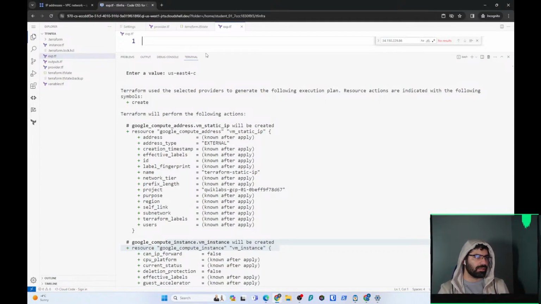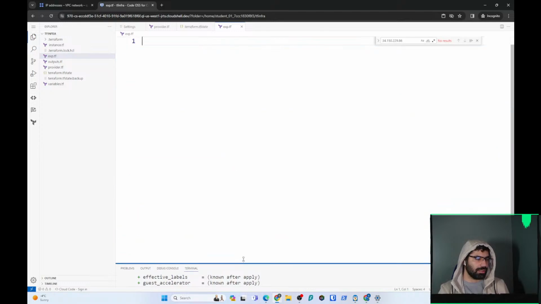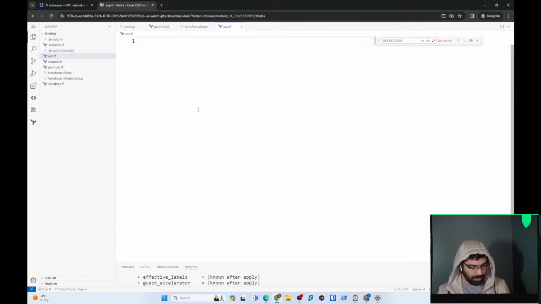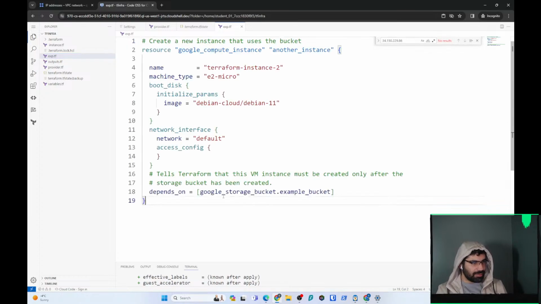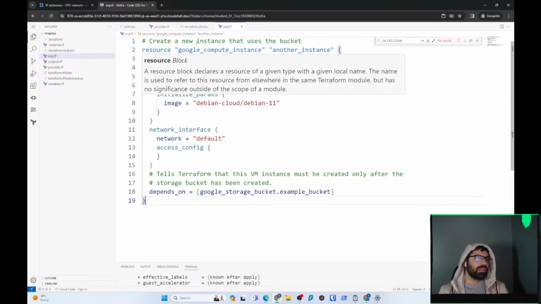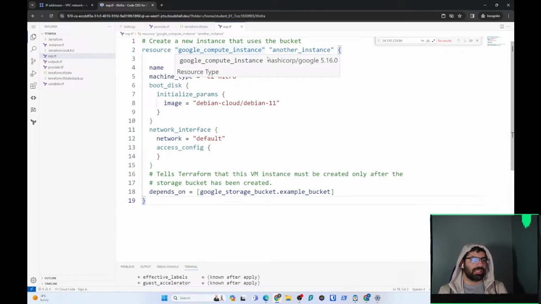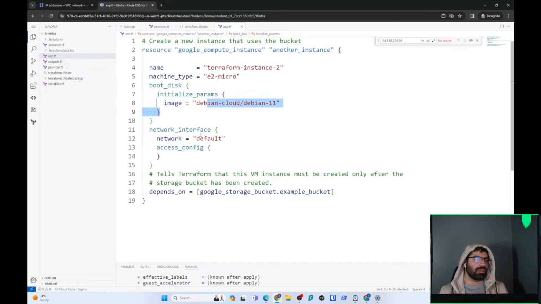Let me take my terminal down a little bit and then put the editor here. Paste. Create a new instance that uses the bucket. So it's a common resource, google_compute_instance, another instance, terraform-instance-2, name, machine type is micro, boot disk Debian, network interface is default, access configuration not yet there,